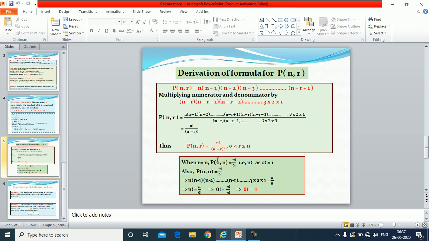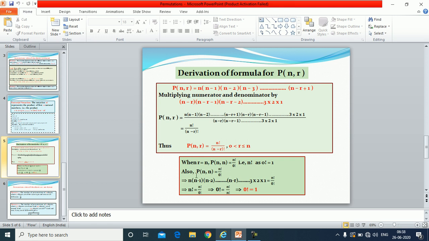So out of n, all the n are getting arranged and repetition is also not taking place. So we will replace here r by n. So we get n factorial over 0 factorial because we know 0 factorial is 1. So this reduces to only n factorial. Now you can even derive 0 factorial is equal to 1 from here. Just now we saw P(n, n) will be n factorial over 0 factorial.